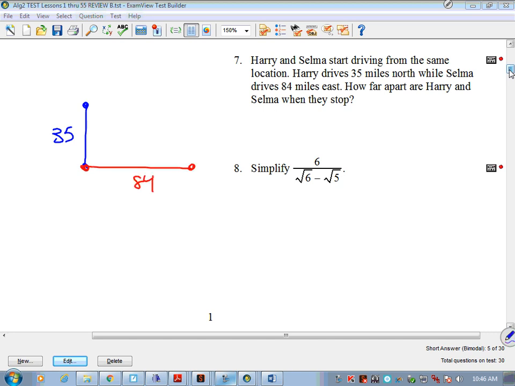The question is not if they came back to that same spot, how far away. The question is asking how far away are they as the crow flies? How far is their actual distance? So that's just the Pythagorean theorem, which is a squared plus b squared equals c squared. 35 squared plus 84 squared equals c squared. Because this is a right angle and my green line is my hypotenuse because it's opposite the right angle,